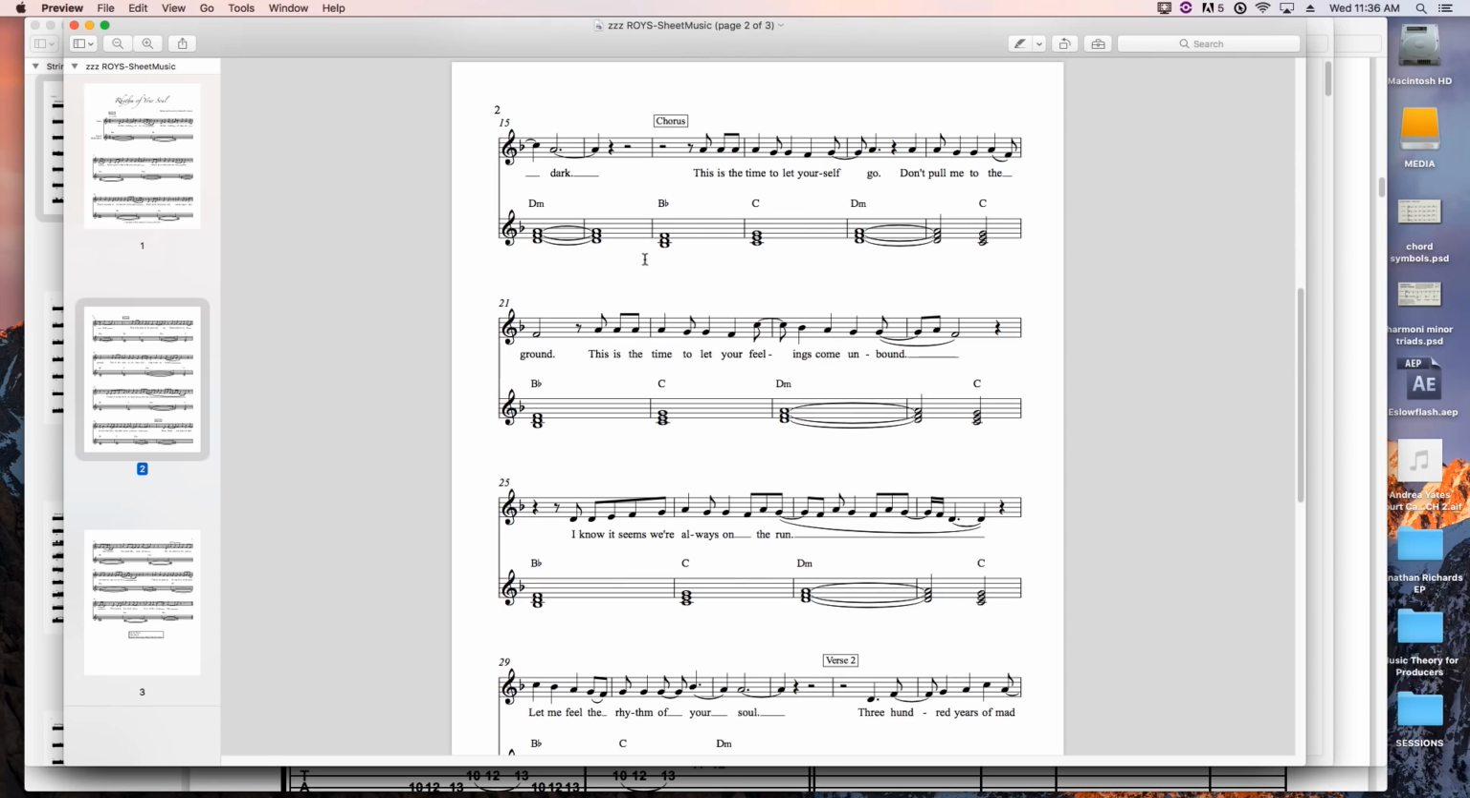And the next page, we've got the chorus. Chorus changes to B flat, C, D minor. So we've got,